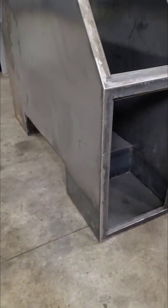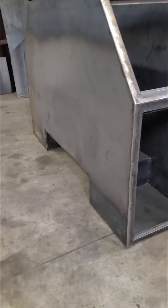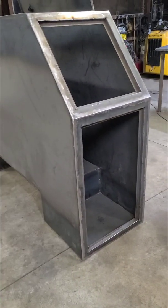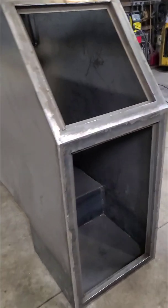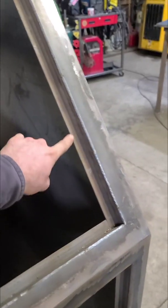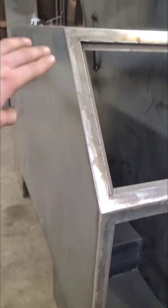So it's all 11 gauge material. That's including the caps on each end, and then the skirting all the way around the outside, also 11 gauge or 1/8 inch material channel. That's where his doors will sit into, with your weather stripping and then your striker pin for the latch and all that stuff. All the edges around are completely welded